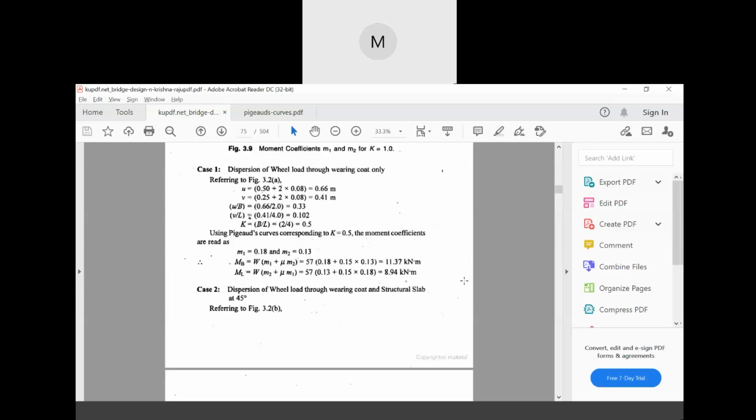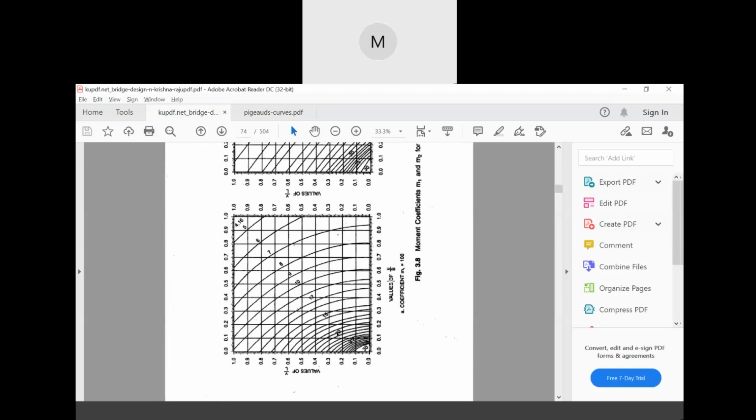Now, if you see here in the question, the wheel contact dimension is 500 mm. So from that, we have got 0.5 plus thickness of the wearing coat, that means 2 into 0.08. Now, this formula for u and small v, if you can see this diagram,